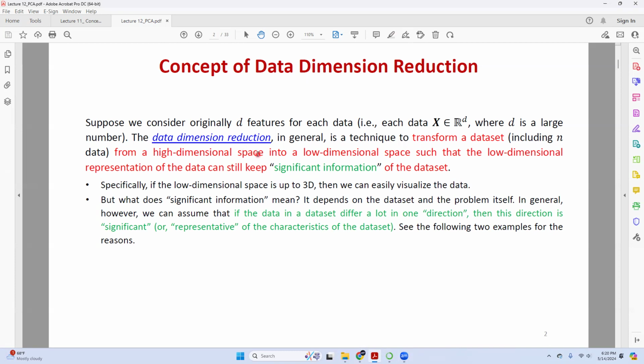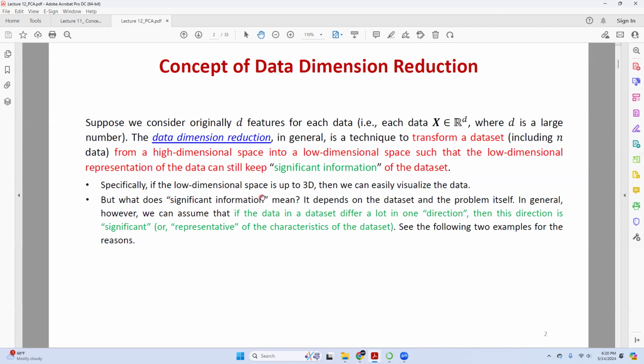In other words, the dimension of the vector would directly be the size of an image, which could be pretty large. Again, let's consider 2,000 by 1,000, which is 2 million dimensions. And then data reduction or dimension reduction is actually to transfer a data set from a high dimensional space to a low dimensional space, such that in the low dimensional space, the significant parts are still kept.